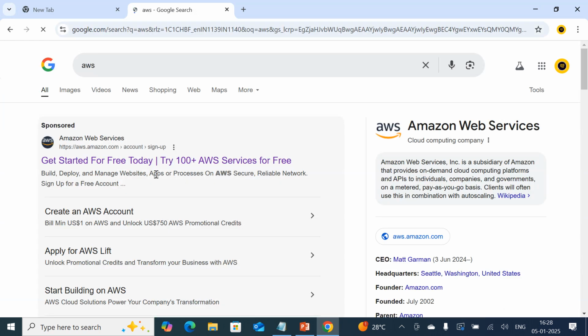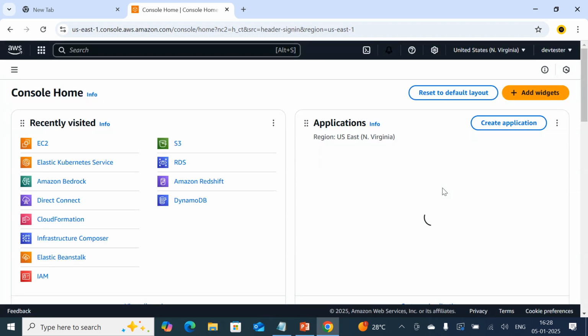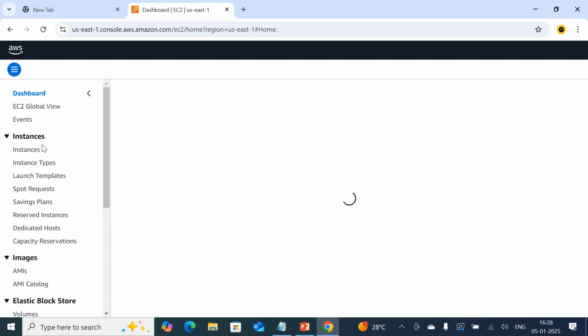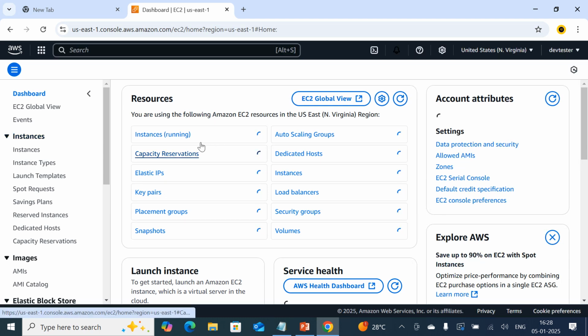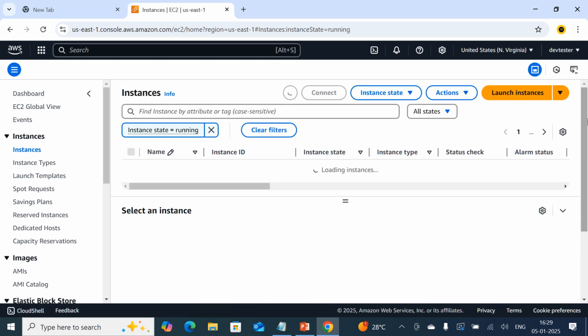Simply type AWS, then you will be logged on into the AWS console as I had made earlier login. That's why it will not ask me credentials. It will go to log on into my account directly. Just click on EC2 dashboard. There check if you have any running containers. Yes, I have one running. So just click on the instance,